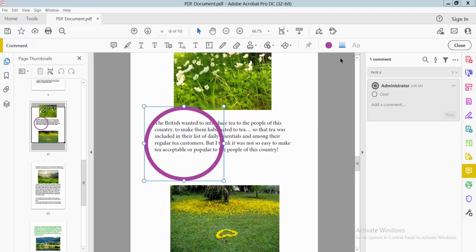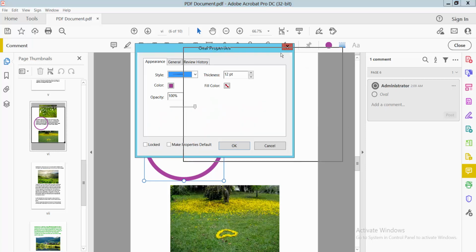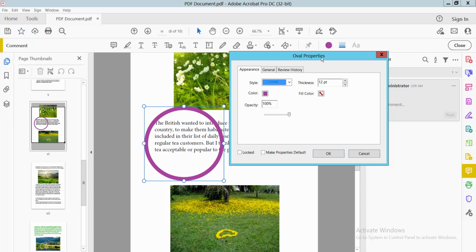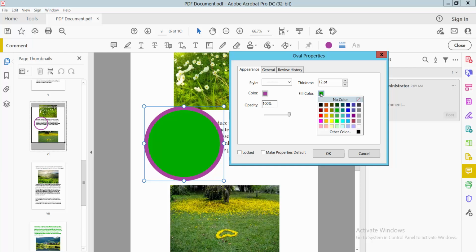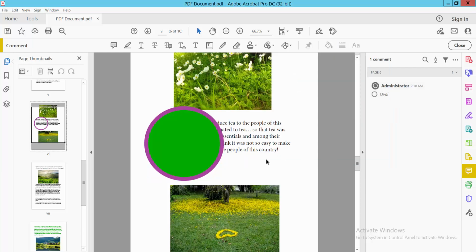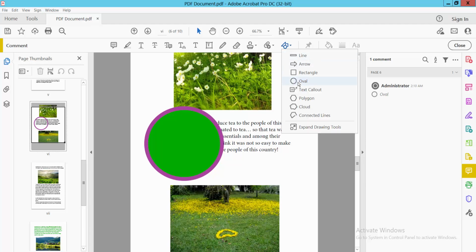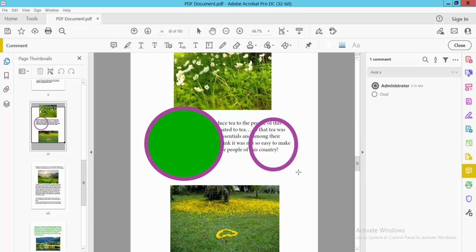Click here and this Shape dialog box opens. Click the Appearance option, and here you will find this Fill Color option. Now select any fill color here and see this. In this you can add fill color. Select OK, and again I will do another circle and show you,